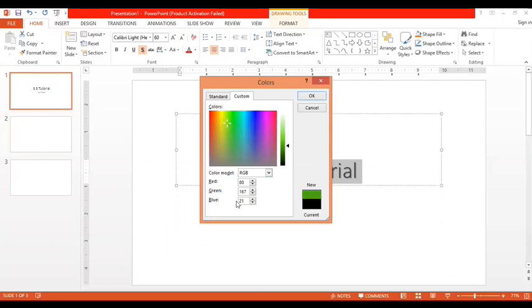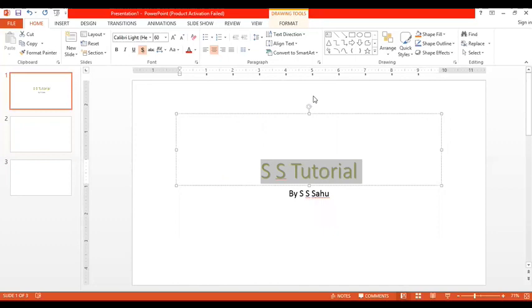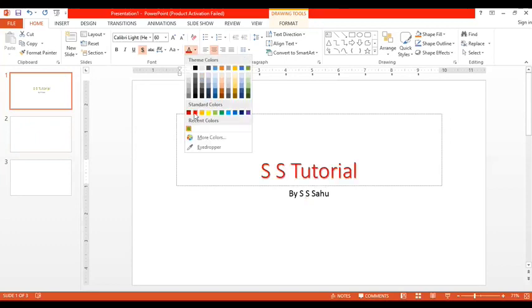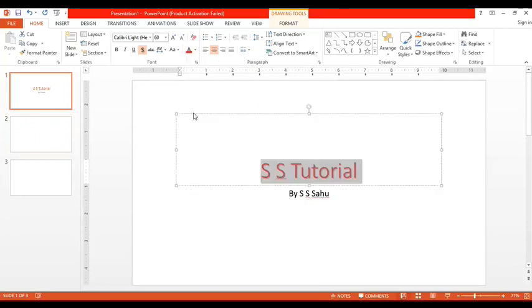So how much red, green, and blue you want, you can enter the value, or otherwise click here to design your custom color and click on the OK, and your text becomes that color. Okay, I think you will enjoy this font style. I just made it a deep color to be clear visually. After that, these font designs are also available in your Windows.